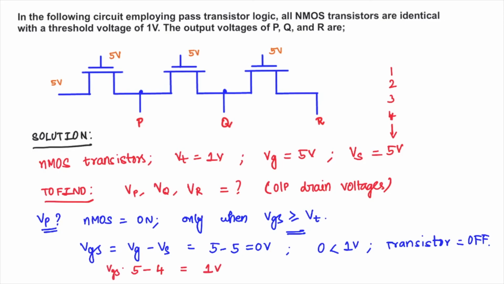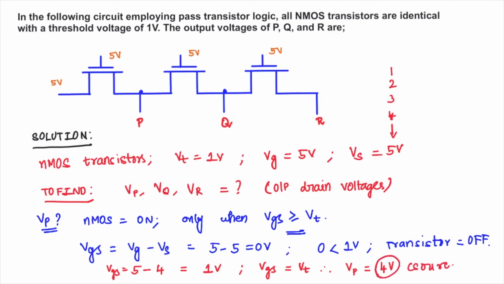This would have been the VGS, equal to VT. Therefore my drain output VP would have been 4 volts, because it will straightly pass the voltage that is available